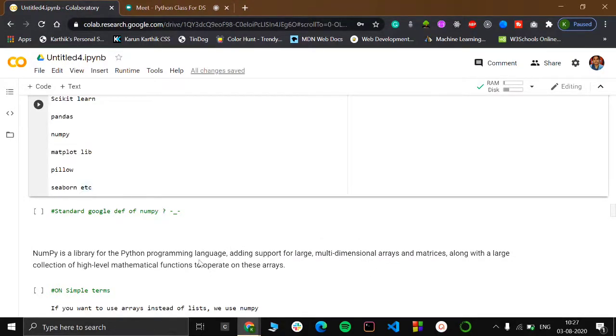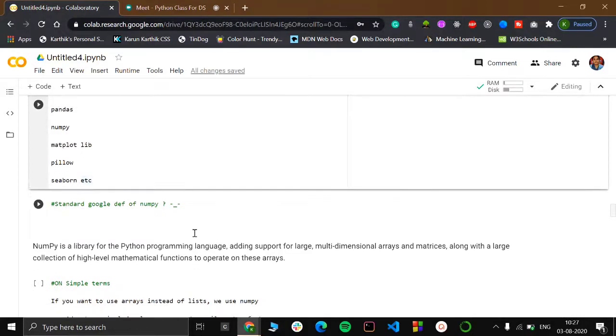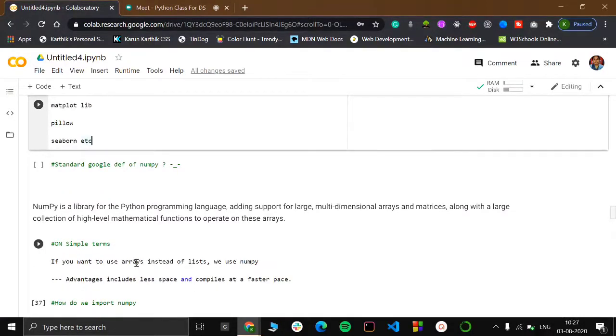A standard definition, in my terms, would be: if you want to use something called arrays, you would be using NumPy. Advantages of NumPy include that it takes less space compared to a list, and it is easier to compile. The whole thing depends upon how fast the compilation process takes. So NumPy arrays eventually compile faster than a list.